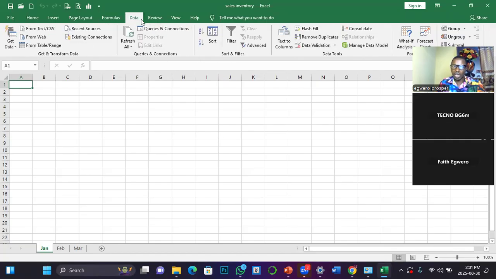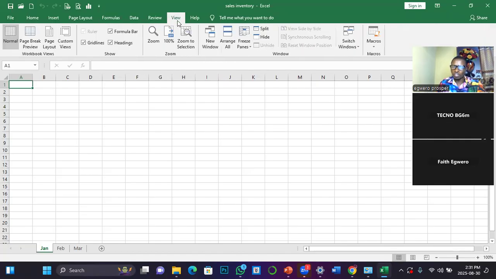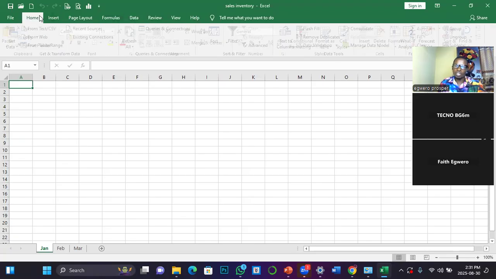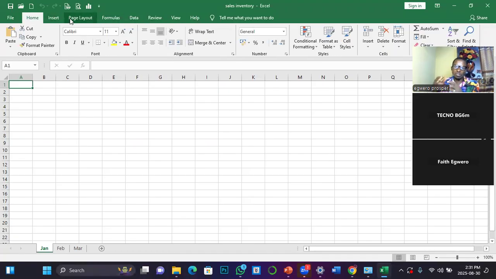If I go to data, these are the ones, and so on. So as a user of this app, you need to know that all these are containers of instructions that could contain the command for solving the challenge you could be facing, either during computing value or performing calculation. Okay, now you understand what ribbons are.